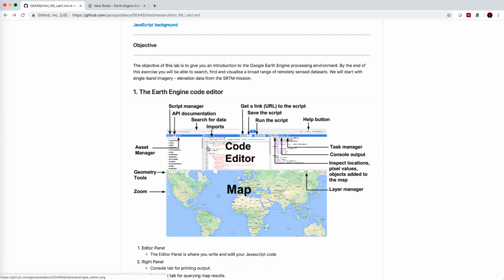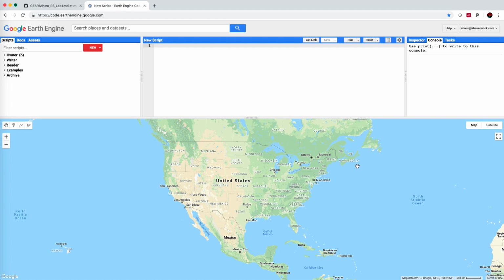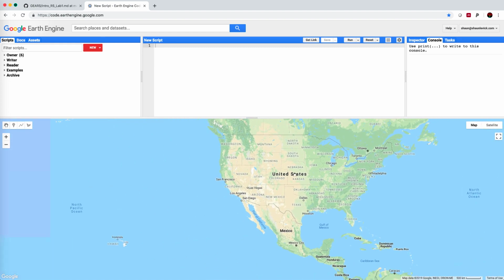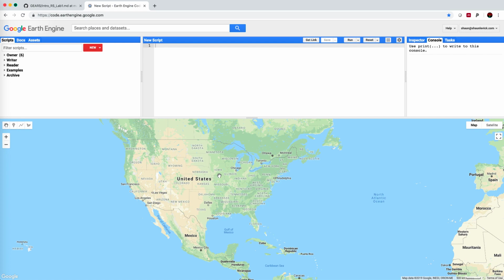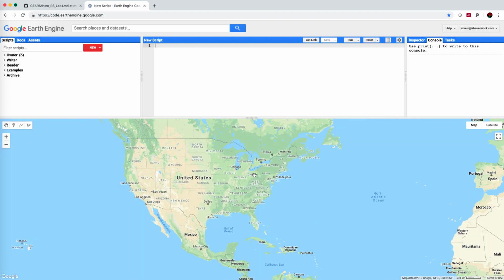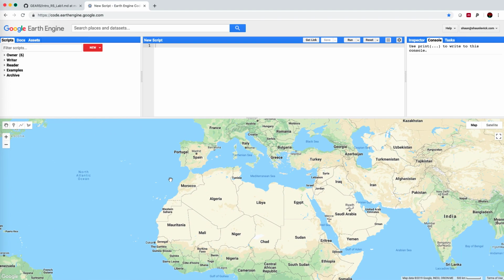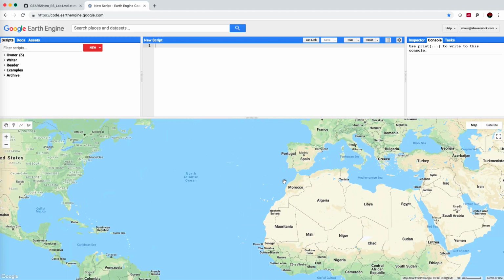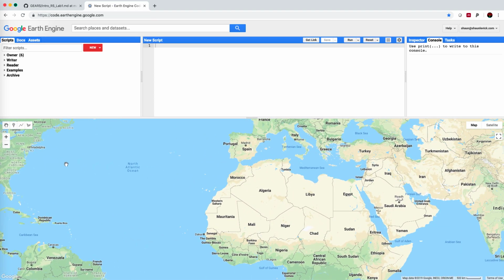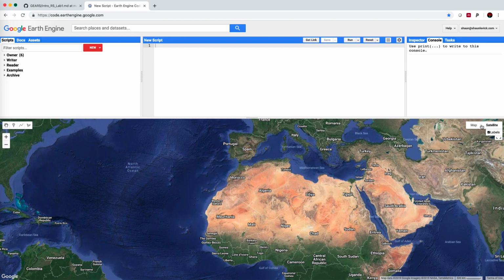For those of you it's their first time in Earth Engine, this little map shows the breakup of the scene. I've opened my editor in this tab over here. So this is the default view when you first enter Earth Engine. You'll all be very familiar with the mapping interface that takes up most of the screen. This is the same type that we have in Google Maps and Google Earth. So you can use the left mouse button to pan, and you can zoom in and out with the wheel of your mouse. We also have some zooming tools over here, and we can switch between the satellite and map